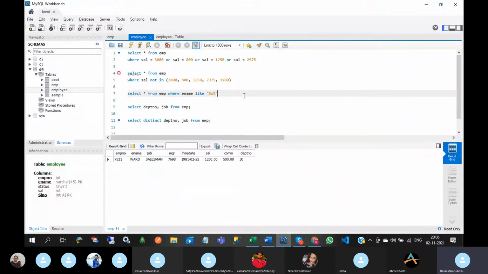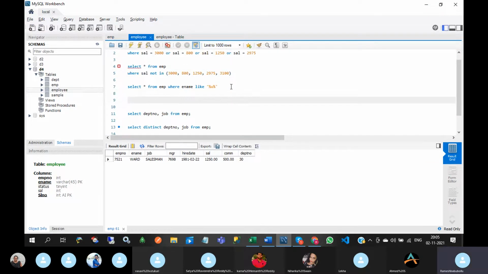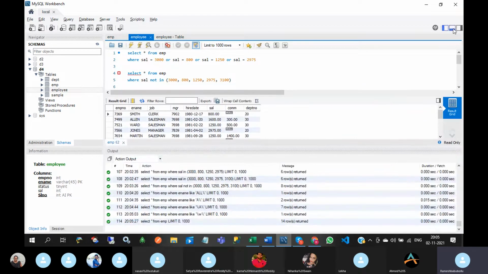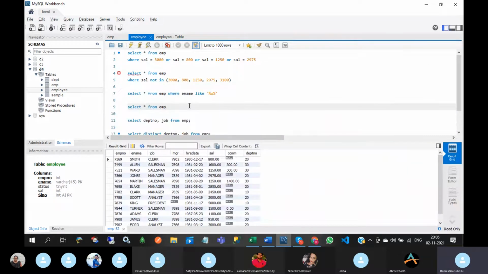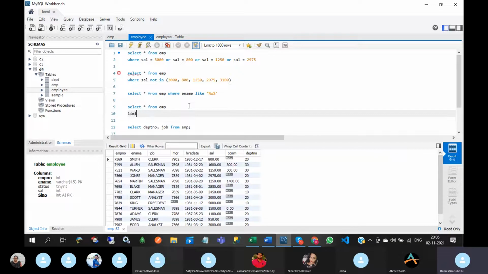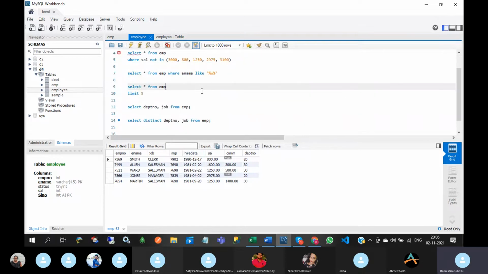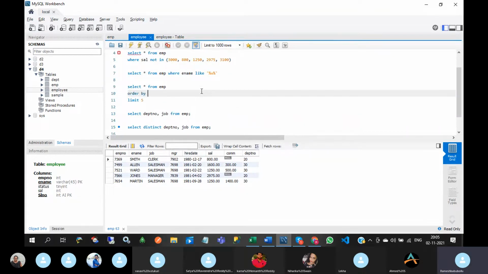So limit. In the employee table, I am having 14 records. Okay, but I don't want to display all the records. I want to display only 5 records. So I am going to give the salary column in the order by clause.